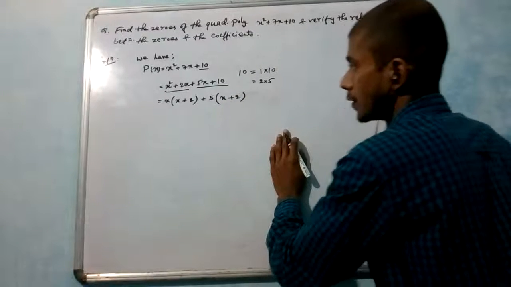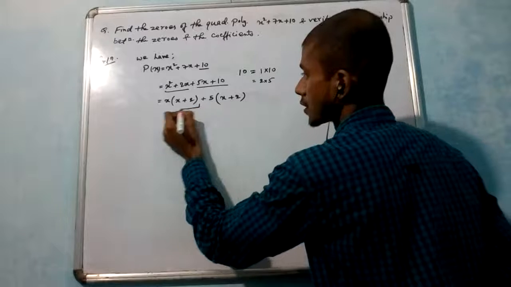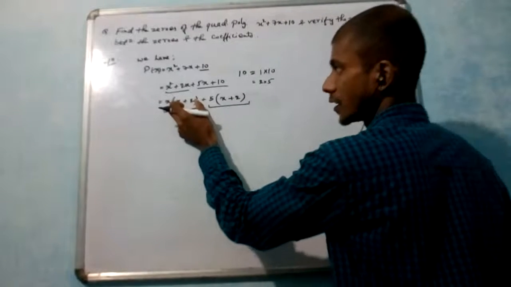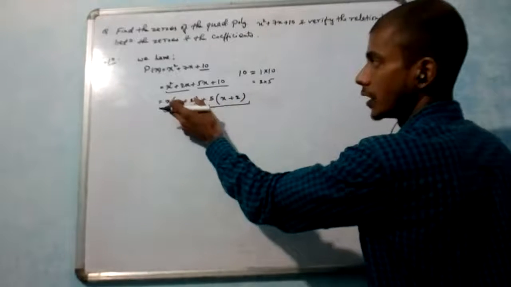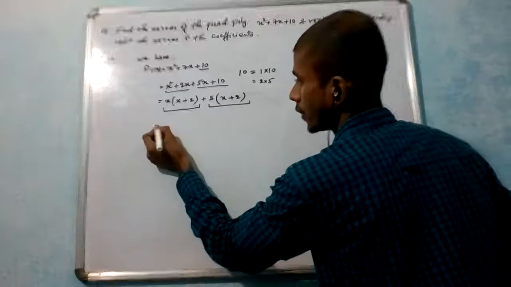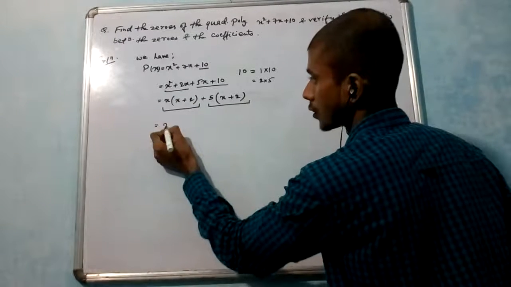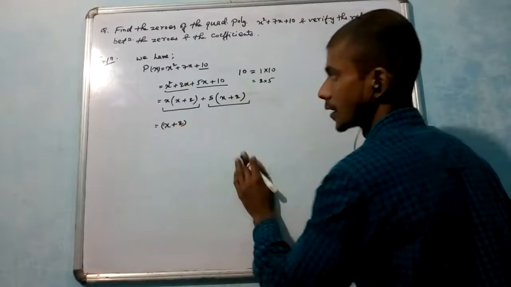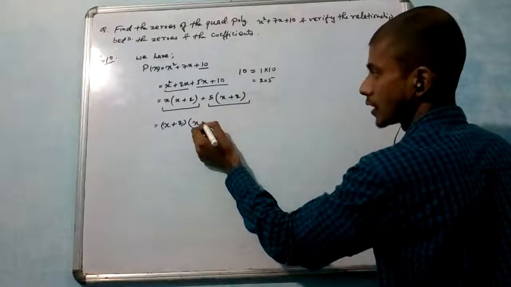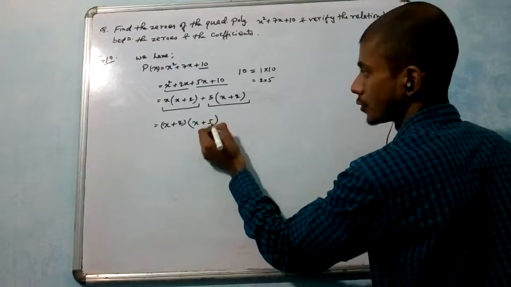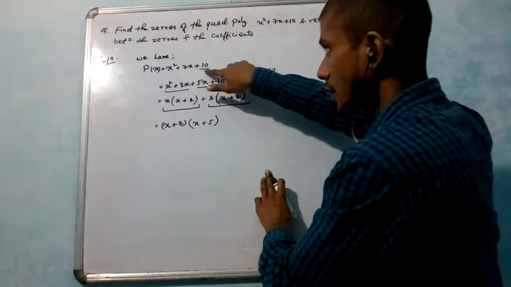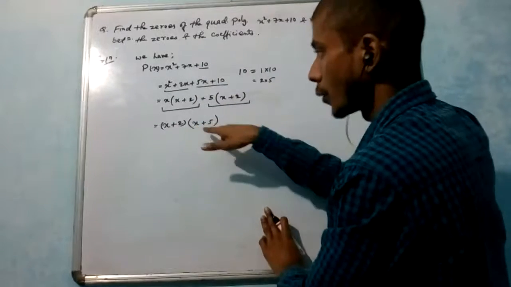Now again in these two terms we can see that x plus 2 together is common in both. So again the common part we will take out. So x plus 2 taken out. Once x plus 2 is taken out, what is left this side? x. And what is left this side? Plus 5. So this way we have broken this polynomial into the product of two